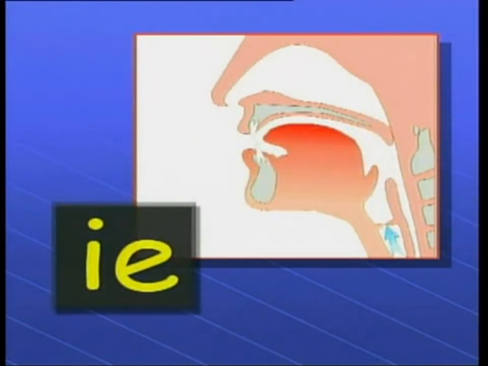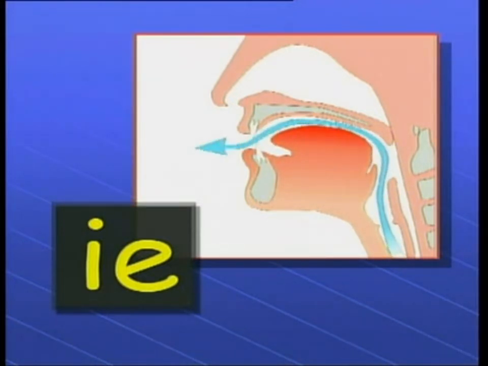When you pronounce ie, the level of your tongue moves from that of i to that of e without giving pauses in the middle. The sound should be read as